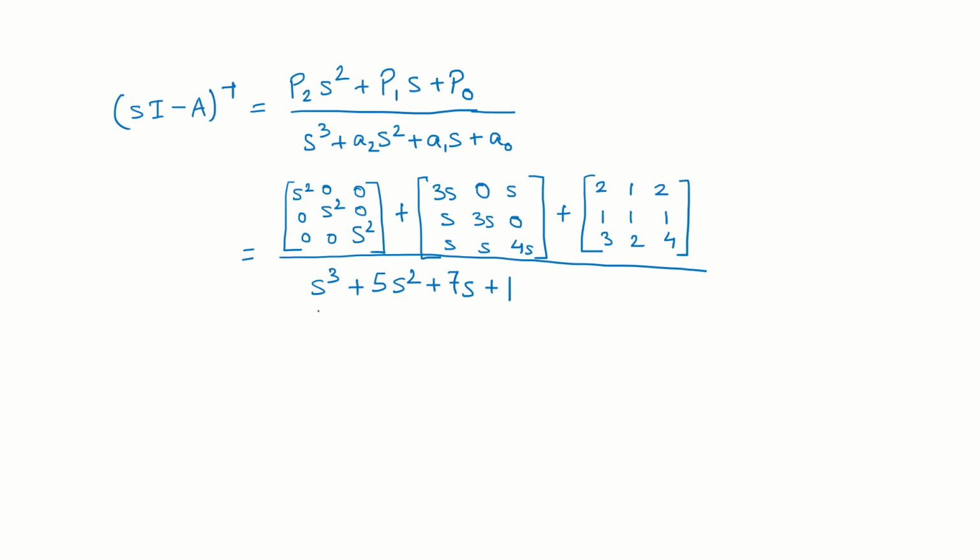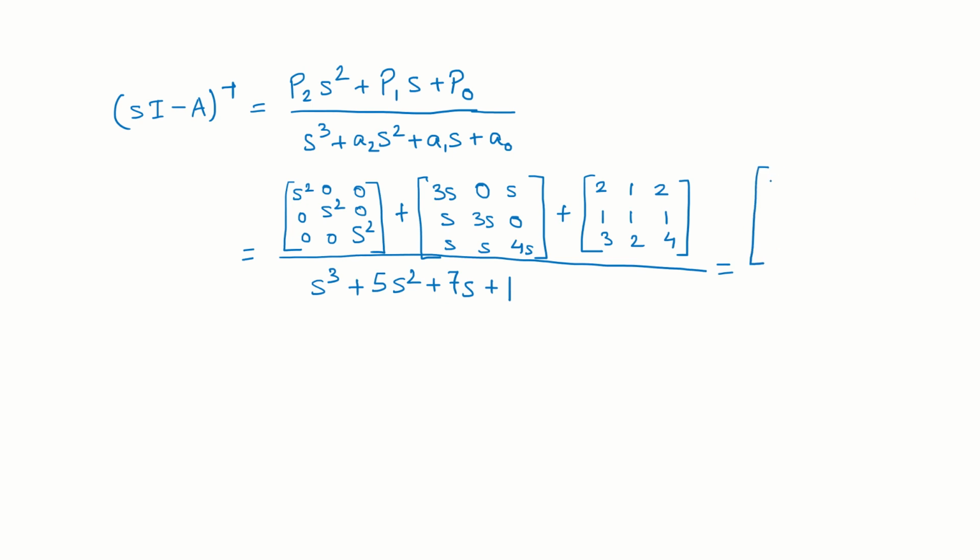So you see, you did not even have to do the determinant. With the Leverrier algorithm everything comes together. This part is the determinant, and this part, the numerator, is the adjoint. The adjoint we will write together as a matrix function.